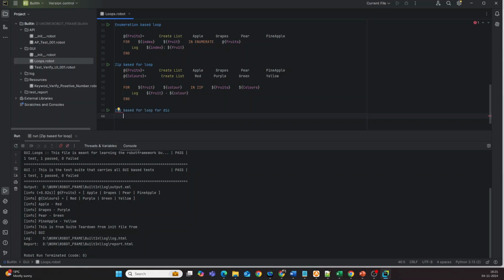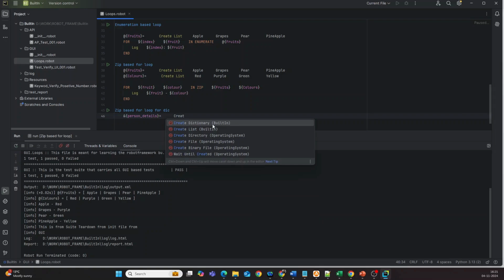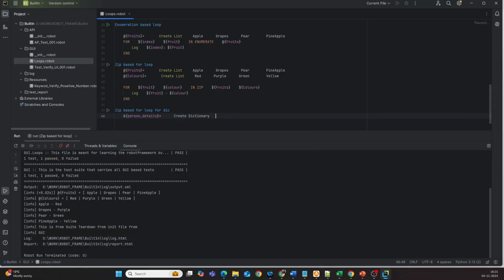So I will give it as ampersand person details. Okay, I will have a name, so create dictionary name equals to test